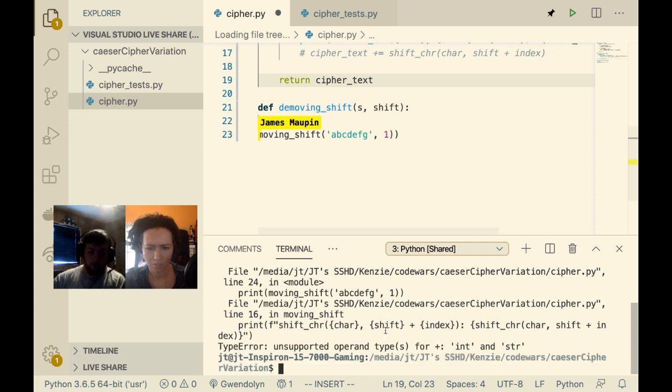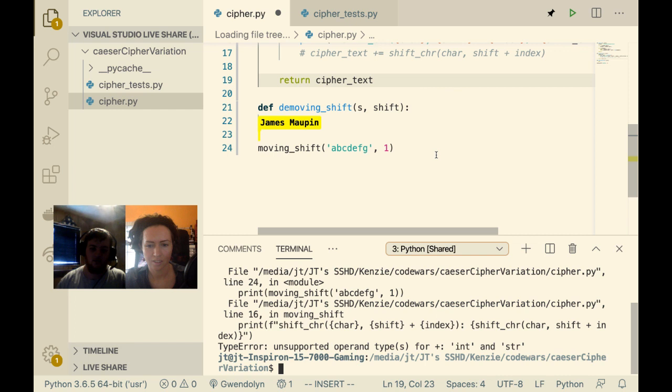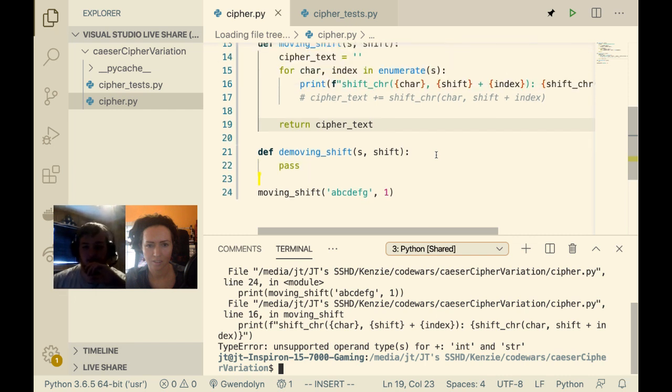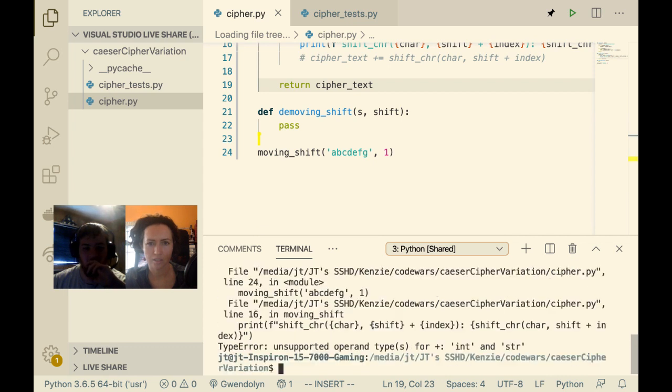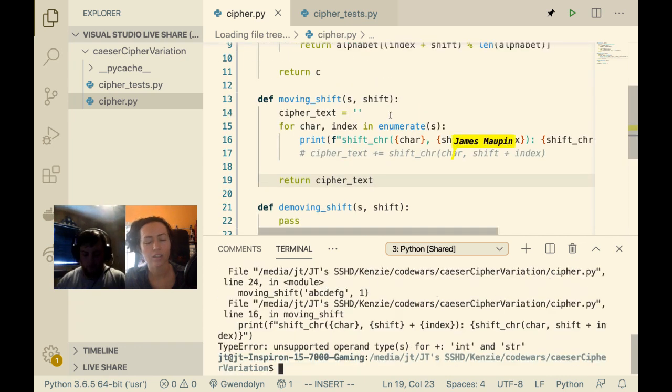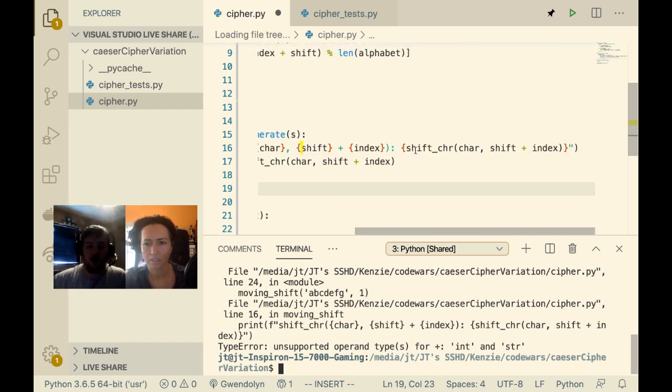And you're right, and see if that's the statement that causes it. No, because it's just. Oh yeah, comment that out if we can. Yeah. So is it shift plus index?